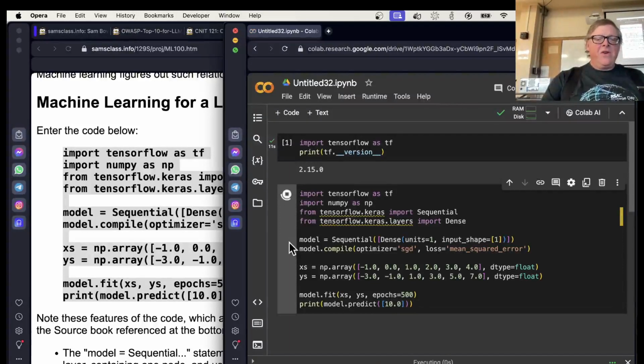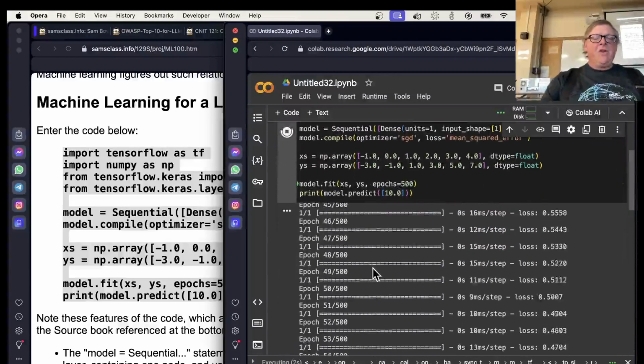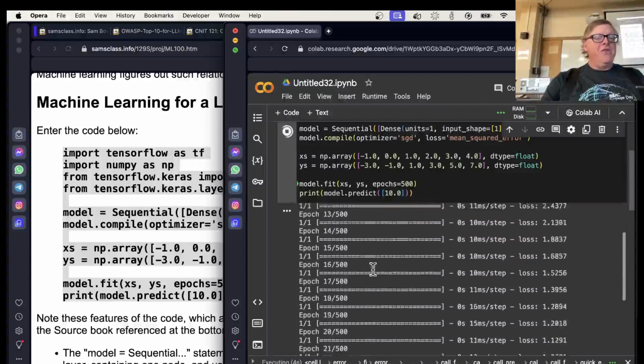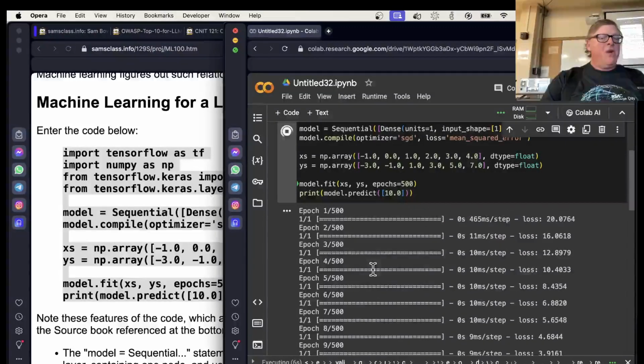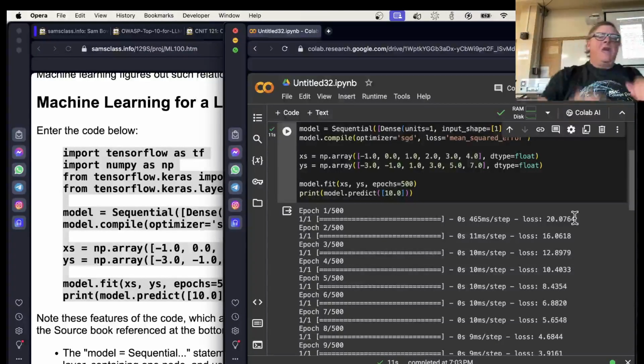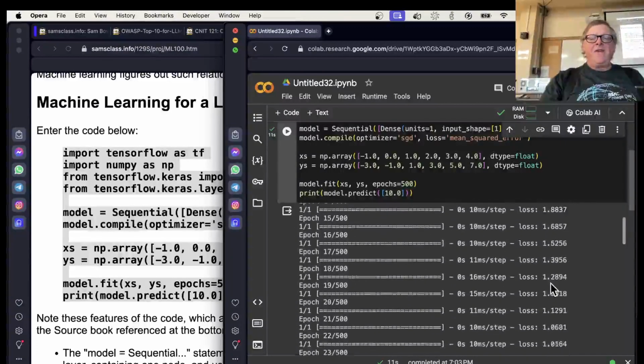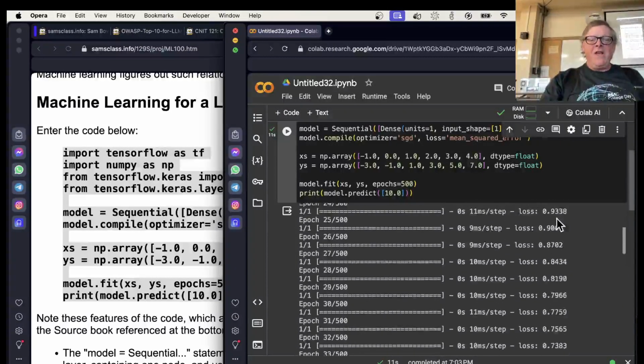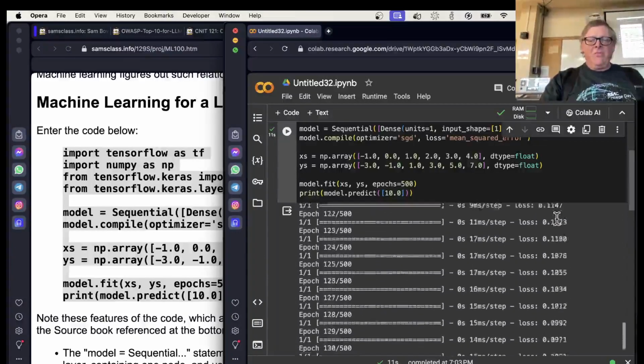So if you run this, you can see it go. And what's going on is it starts with random values for the parameters. It's only got one neuron, a slope and intercept, so it has a loss that's really high. And stochastic gradient descent figures out which direction will make the loss smaller, and it takes a little step in that direction. And so it makes it a little bit smaller, a little bit smaller, a little bit smaller, and takes 500 steps. So the loss that was originally 20 gets down to a really small number by the